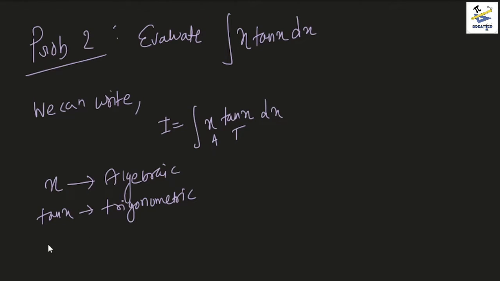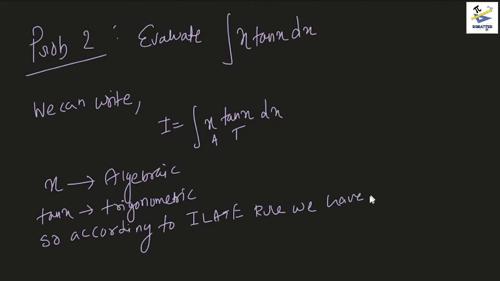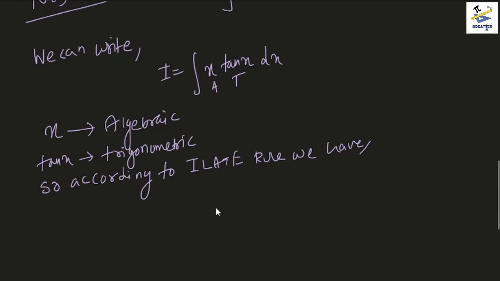So according to the ILATE rule, we have the first function, since you can see that A comes first before T, so what we can do is the first function would be x and the second function should be tan x, right? And applying IBP,